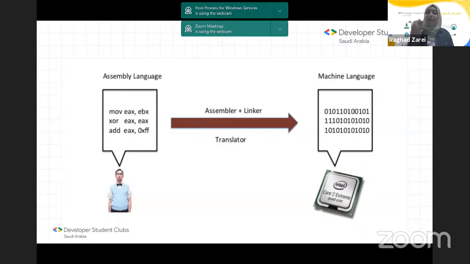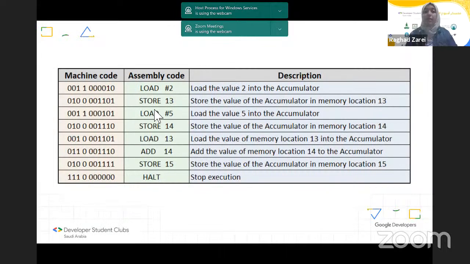Now, of course, to contact that CPU, to contact this little complicated brain, we used ones and zeros because that's the machine language and it can't understand anything else. But later on, the assembly language came, and as the name says, it assembles the ones and zeros to create commands that are easier for humans. We're going to try to implement the codes, but allow me to explain them first.